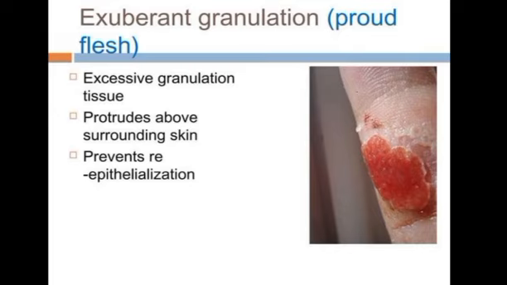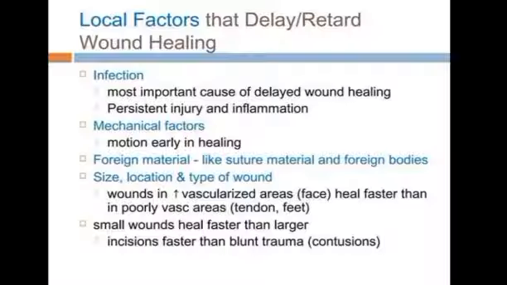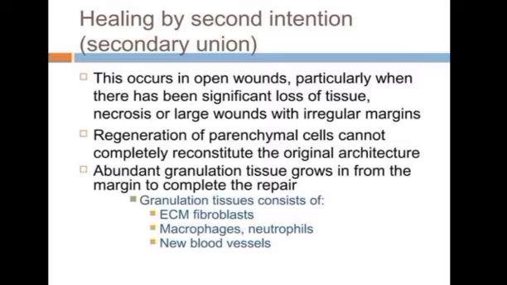Okay, there are three complications. First one is deficient scar formation, due to too little collagen formation, leading to dehiscence and ulcer. Excessive formation of repair components means too much formation, giving hypertrophic scar and keloid. Exaggerated contraction means too tight a contracture. Okay, that's all. Let's see once again what we have learned in wound healing.